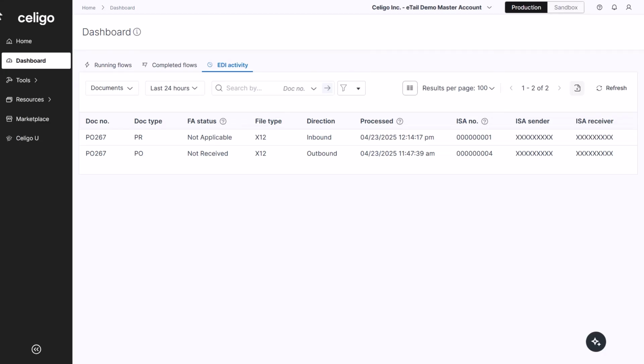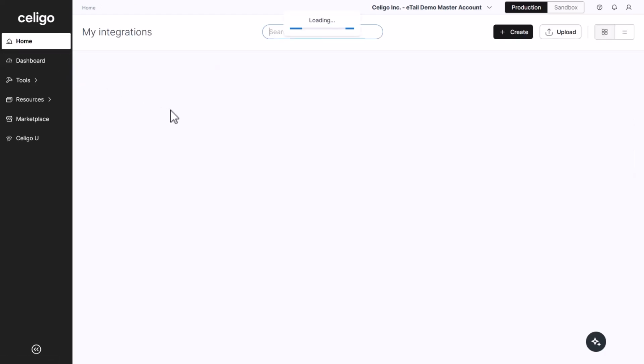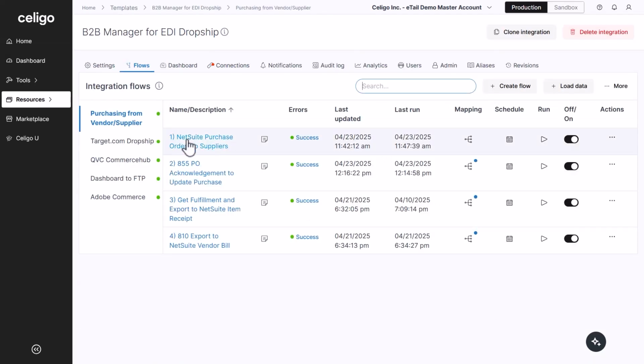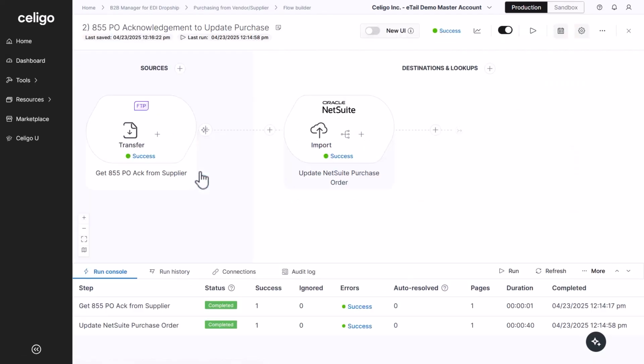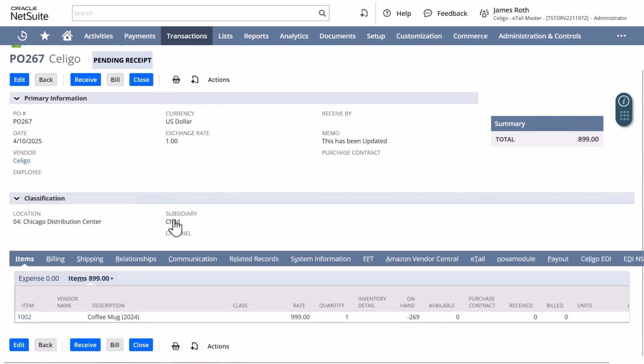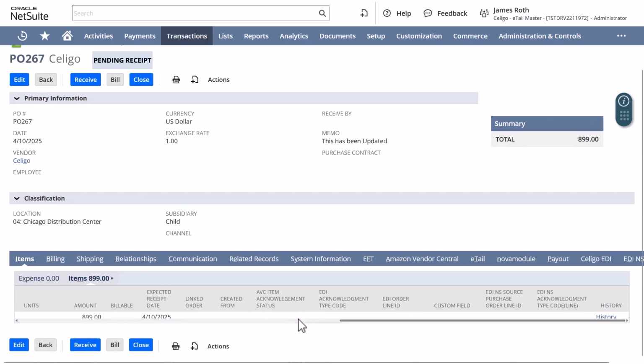Once a vendor receives the 850 purchase order, they review the order and respond with a PO acknowledgement. This document confirms important details such as accepted or rejected lines, confirmed quantities, updated prices, estimated shipped delivery dates, and any back orders or cancellation statuses. The 855 acknowledgement ensures that both parties are aligned before shipment occurs. Your organization will likely want to store or update the values on the vendor PO in your ERP when you receive the